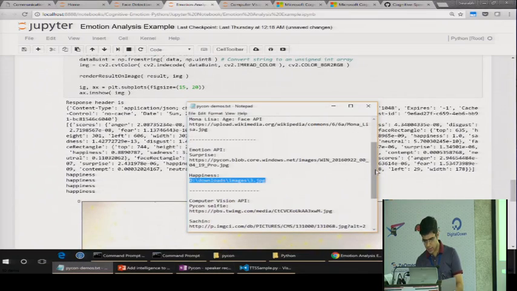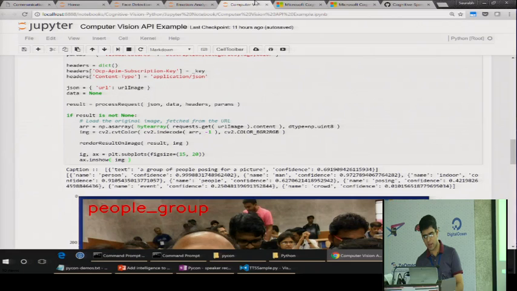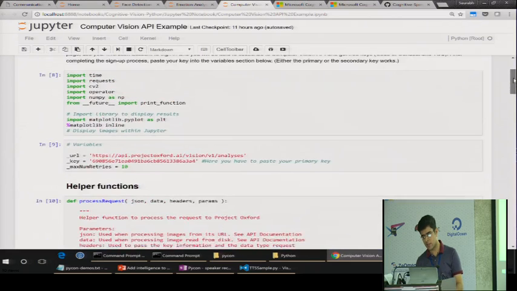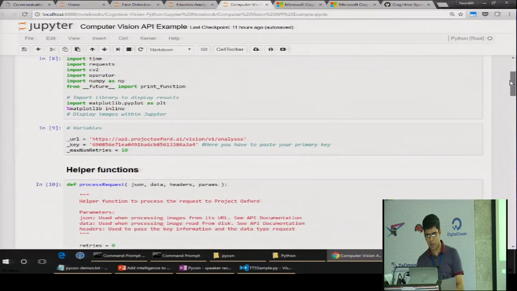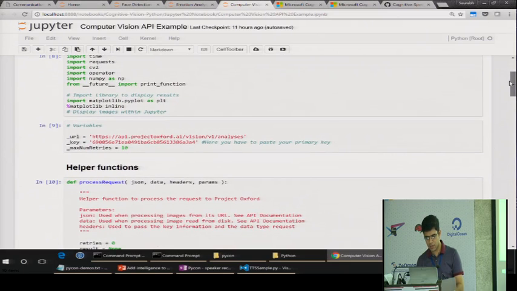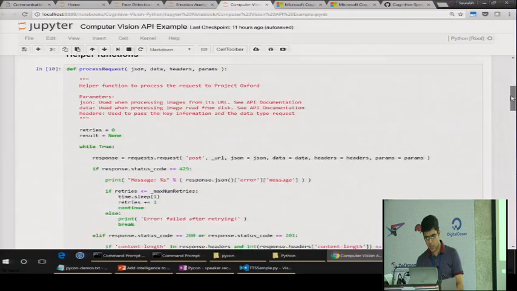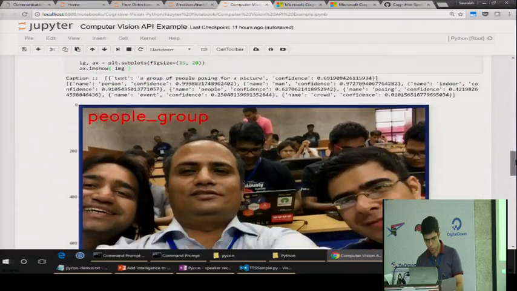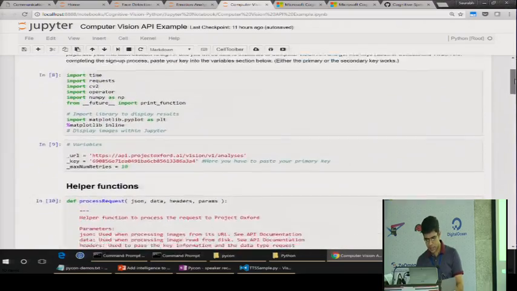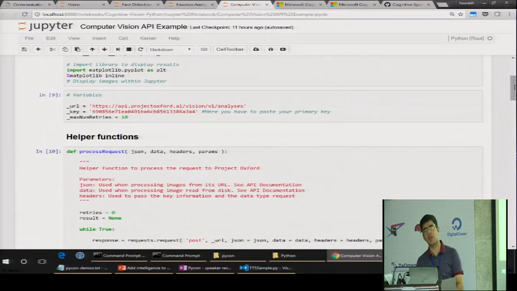All right. So there are some more things where with the computer vision API you could start analyzing those images. Now this is something that we also use as part of our internal hackathons at Microsoft, where we build solutions. So there was one which we built. I wouldn't be able to show that to you right now, but in that, say for example you want to detect whether there are gun shootings taking place in the US or not. So based on the photographs, you can capture the images and start analyzing those images